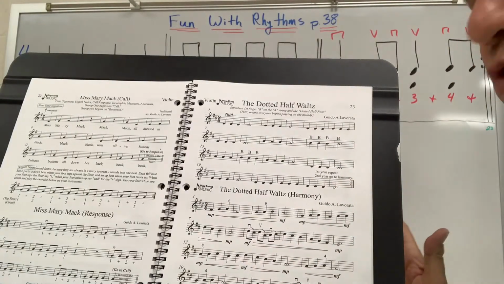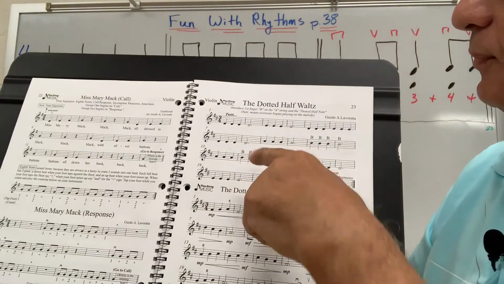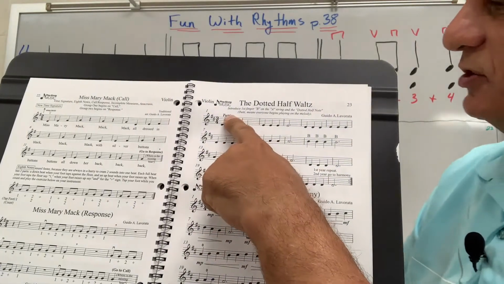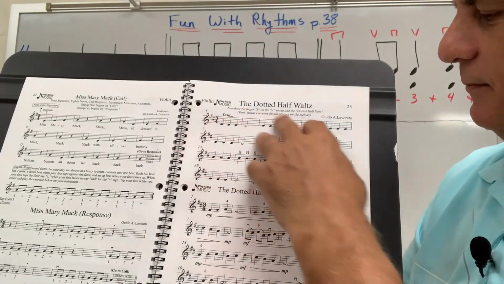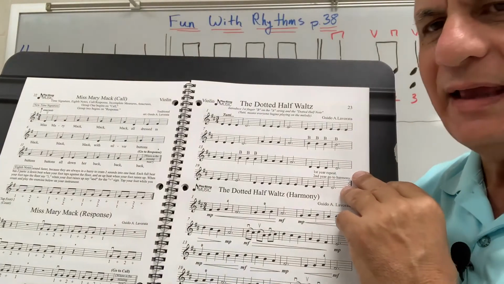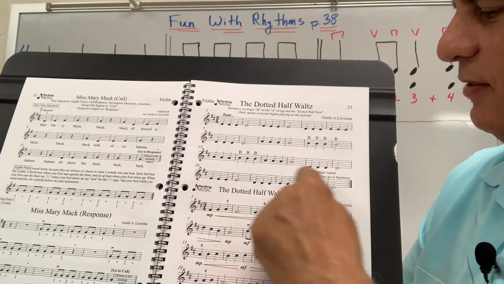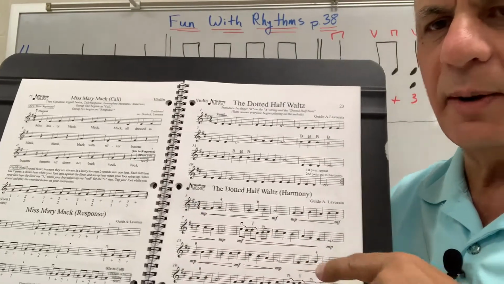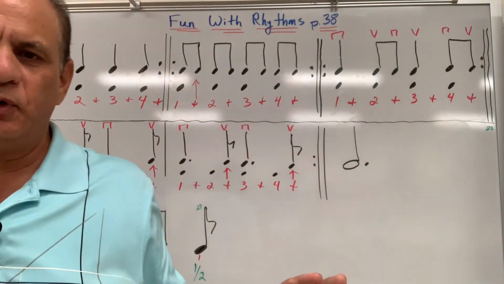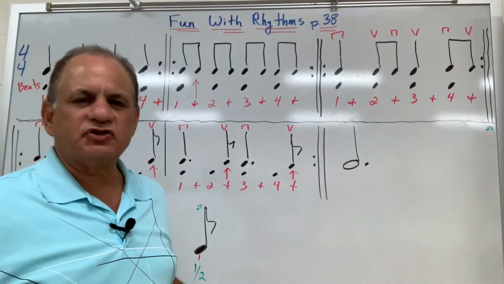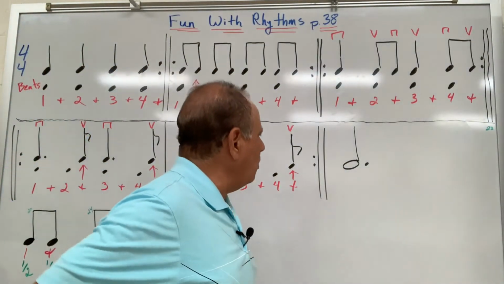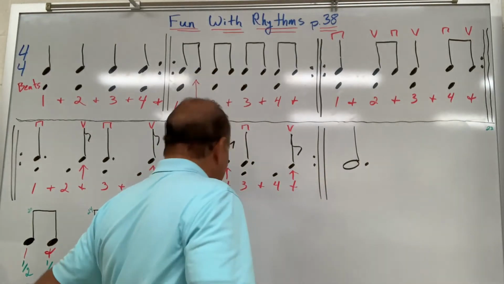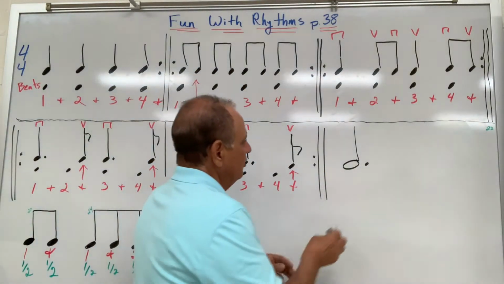Now, this is such a cool song because we all start together. First year and second year students start together tutti in the beginning. And then when we repeat, the first year students repeat the melody, and the second year students move on and play the harmony, and then together. It sounds so beautiful. Now let's try to discover how the dot changes the value